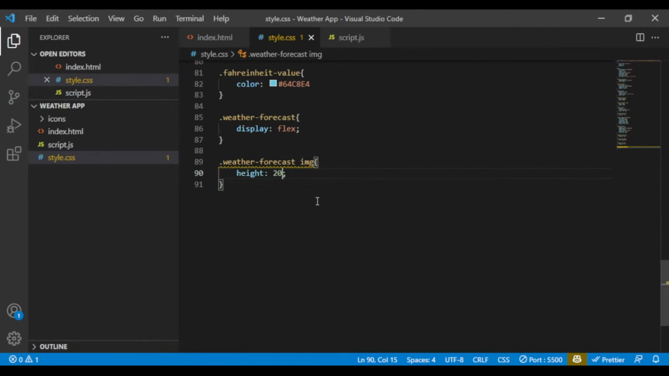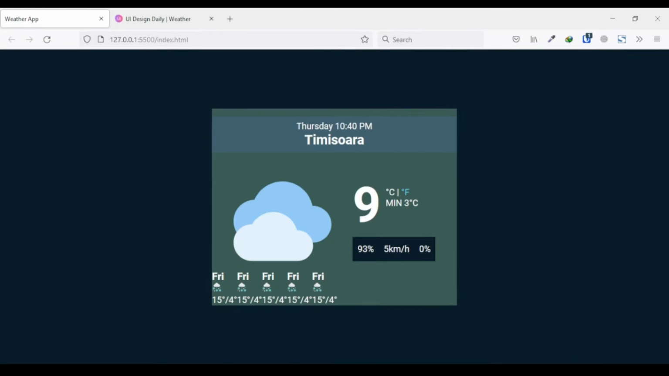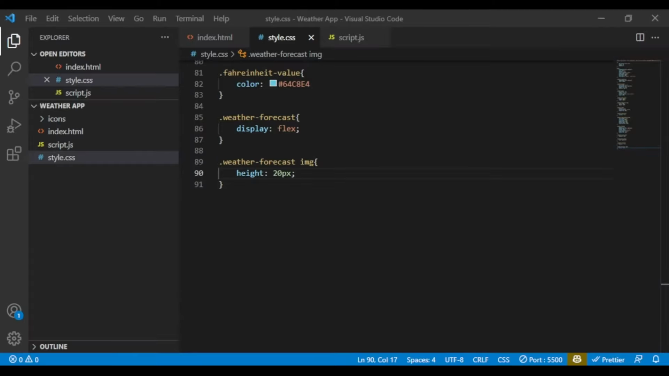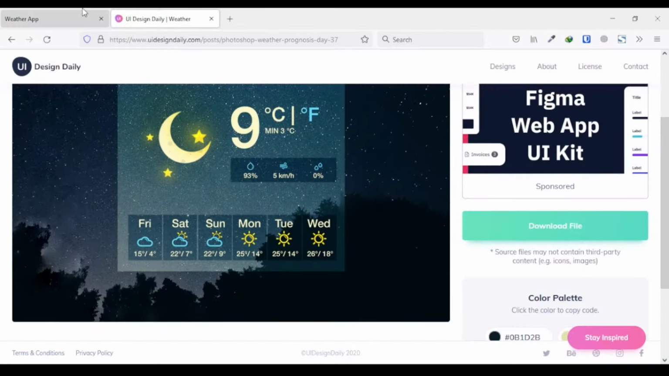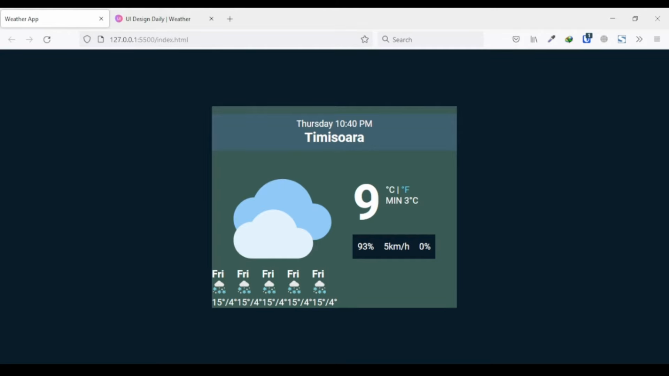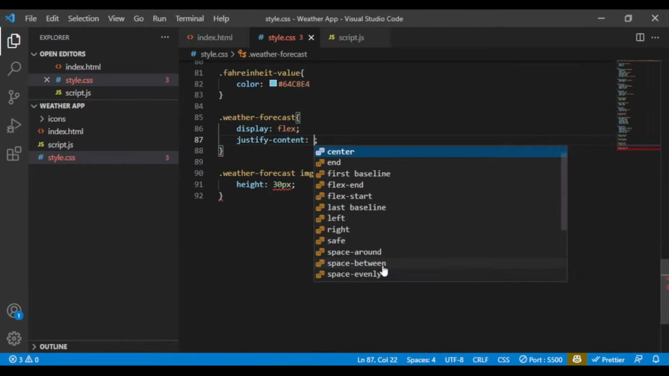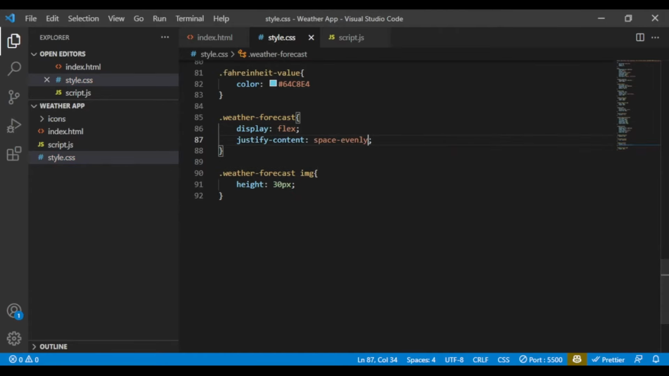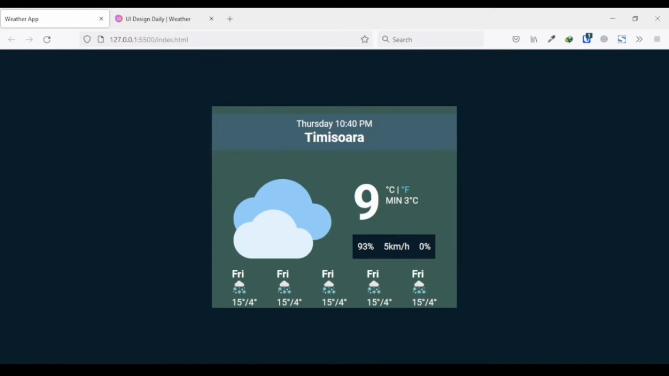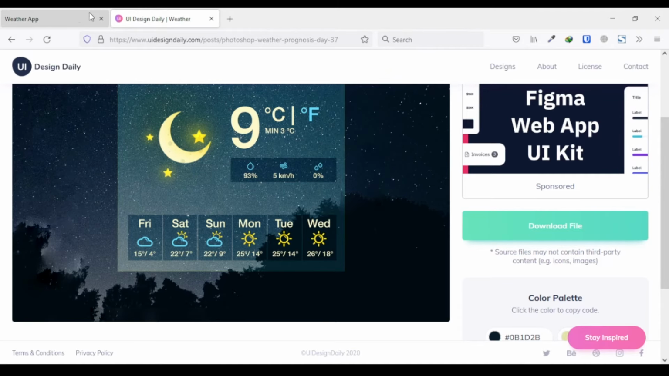Say height to be 20 pixels. Let's see if it works. Yes, it works. Go with the 30 pixels. And like that. And display to be flex, and justify content to be space evenly. They are now spaced evenly. And